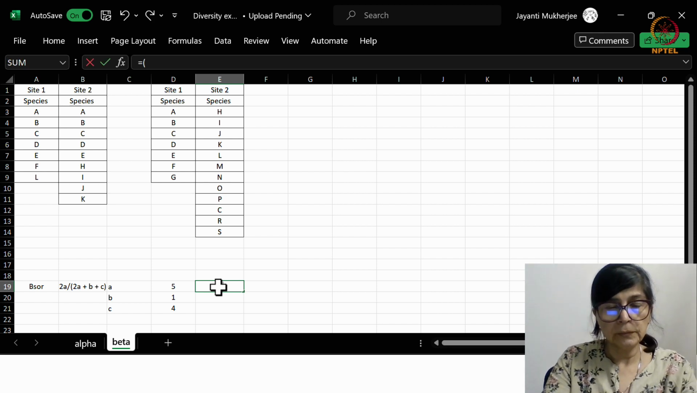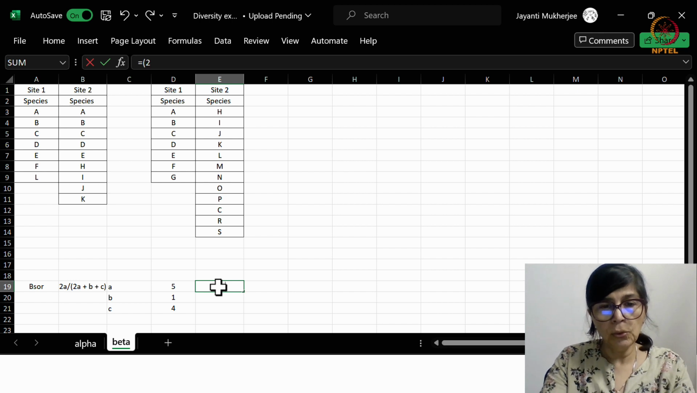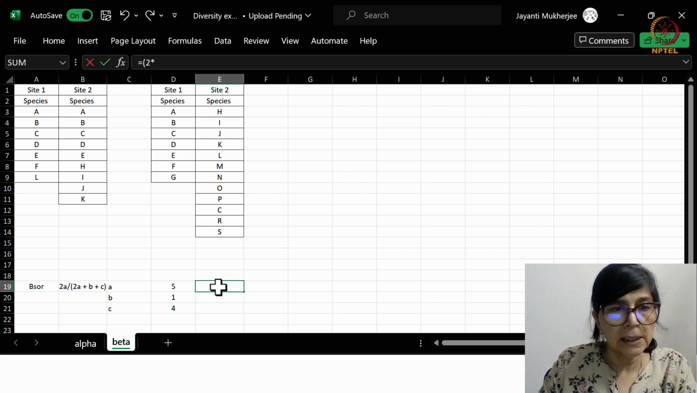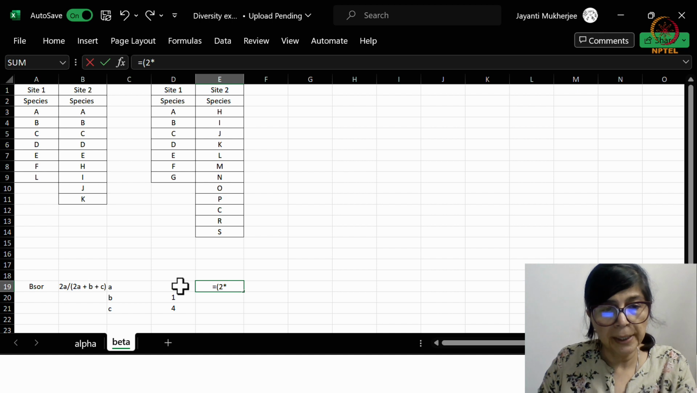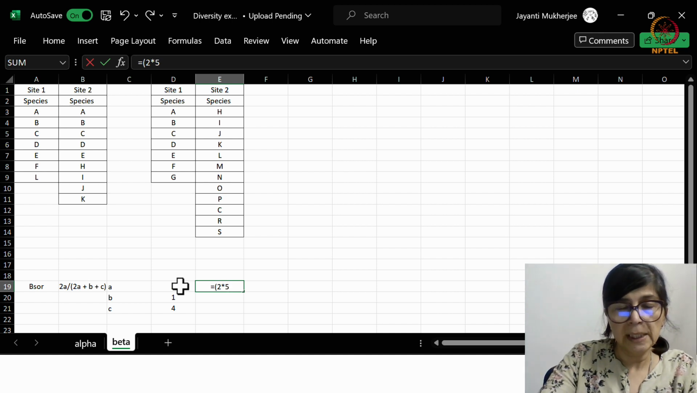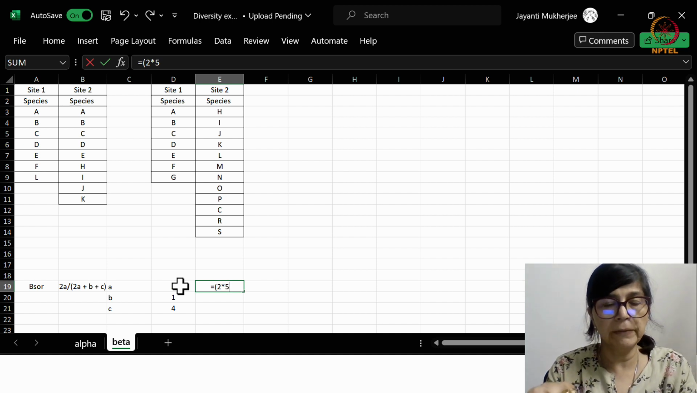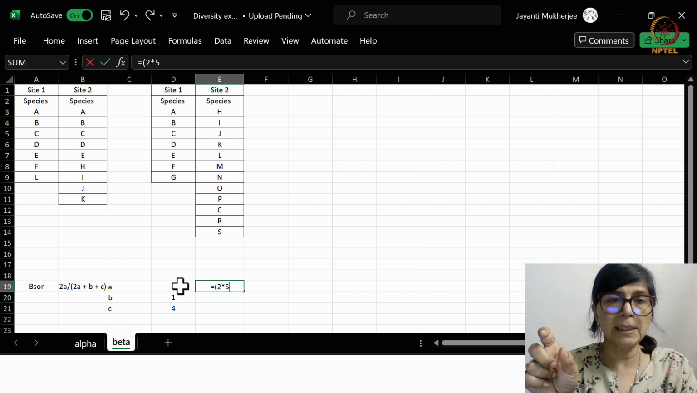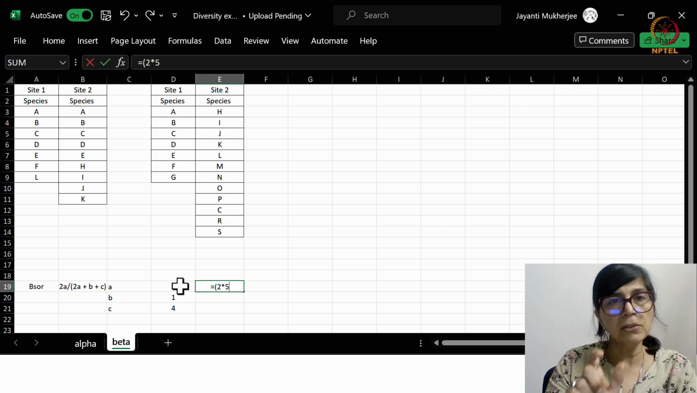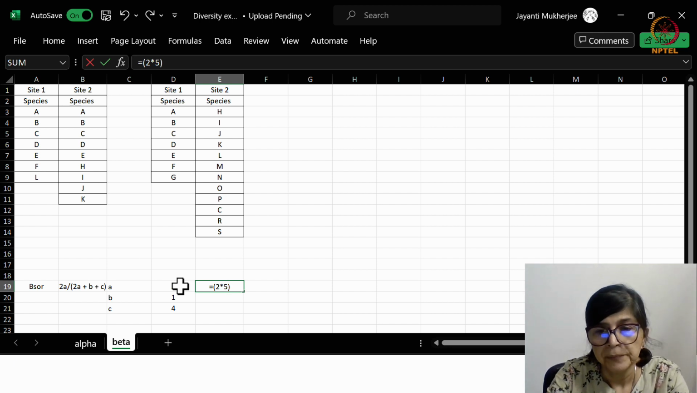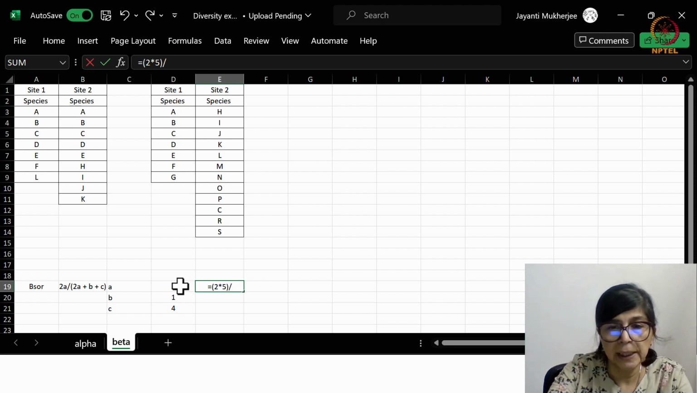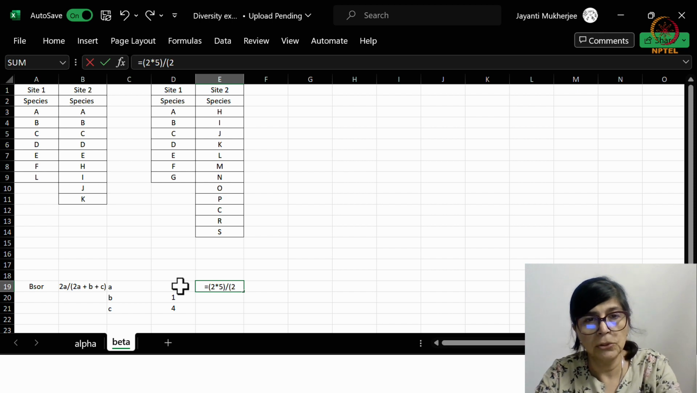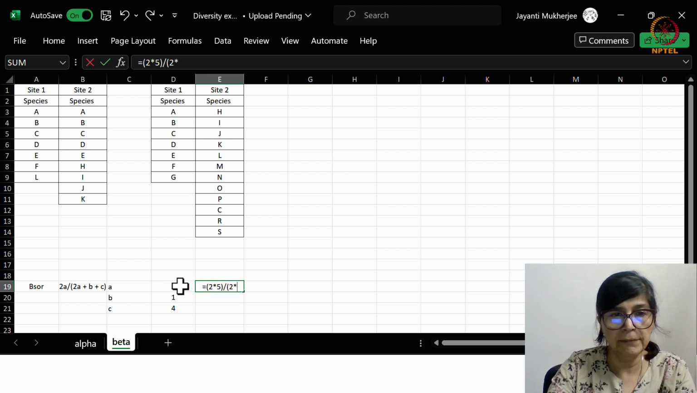2, you will put a bracket, 2 multiplication of 5. It's actually simpler to do this way than to select the cells, because if you select the cells you have to put a $ sign, and also it gets a little bit complicated. You can do it this way or either way. Divided by, again one bracket, you can put again 2 multiplied by 5